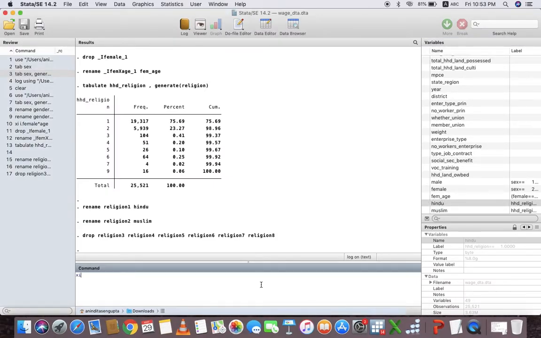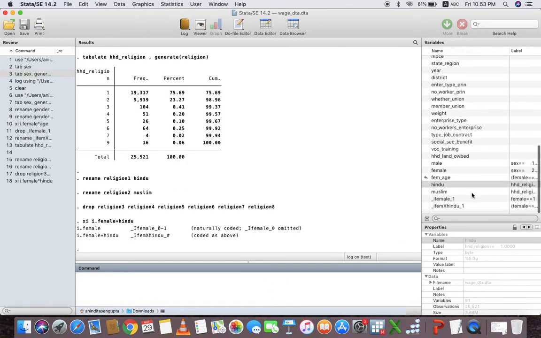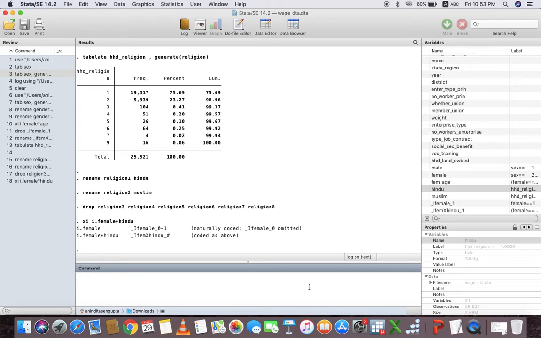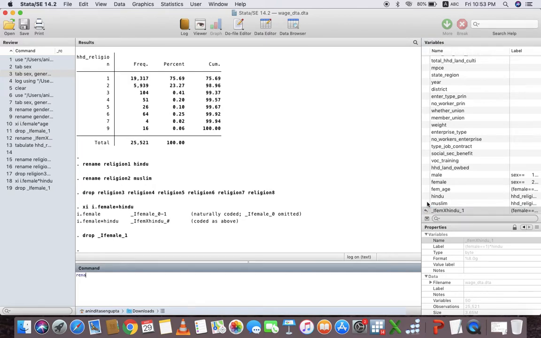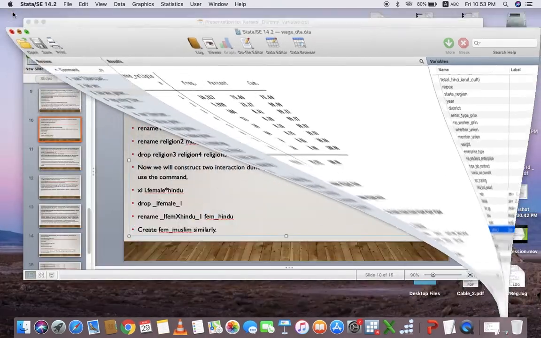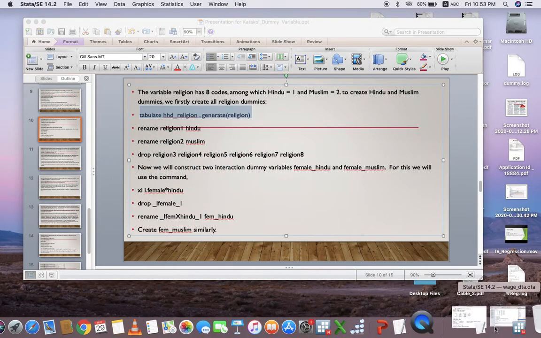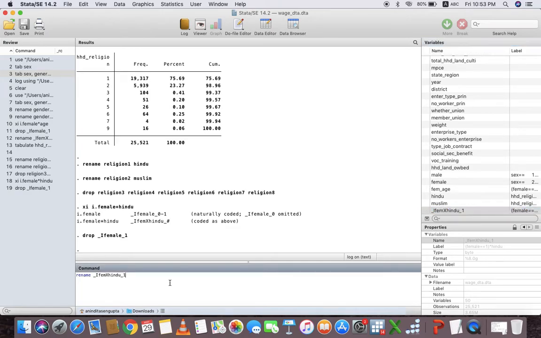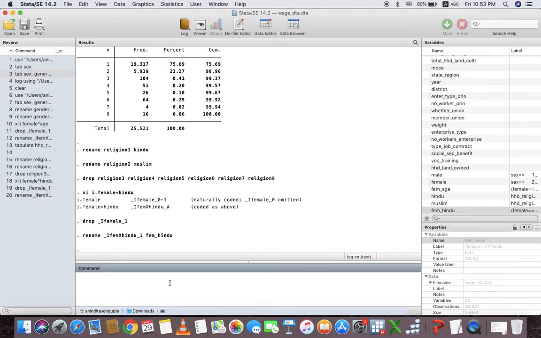Now, the first variable is the only female variable, so we have to drop it and then rename the last variable as fem Hindu. Okay.